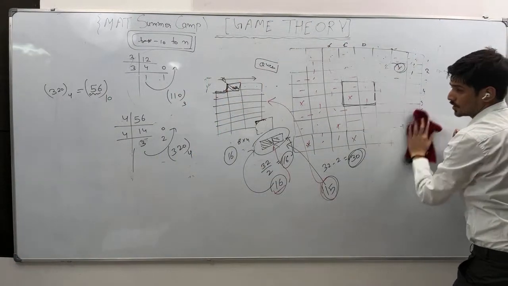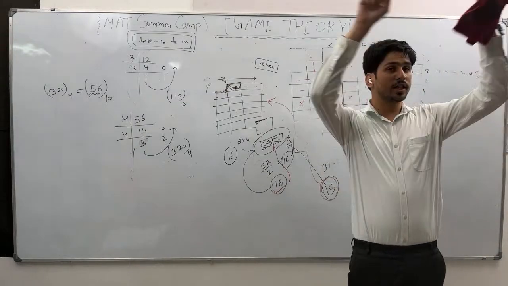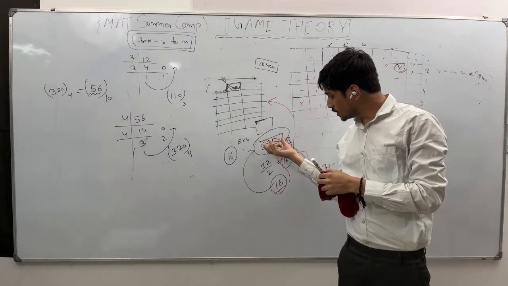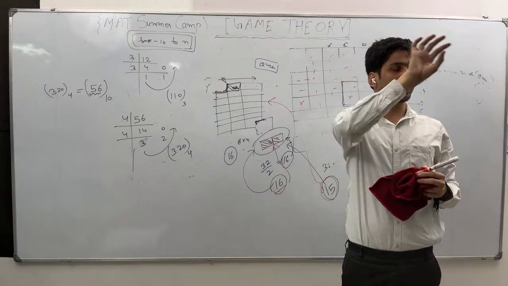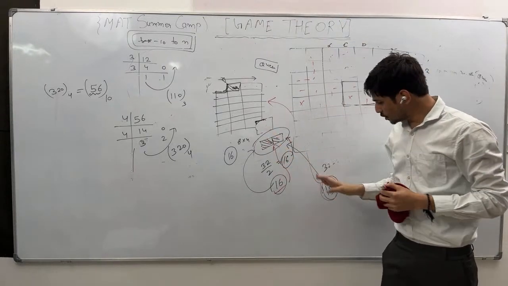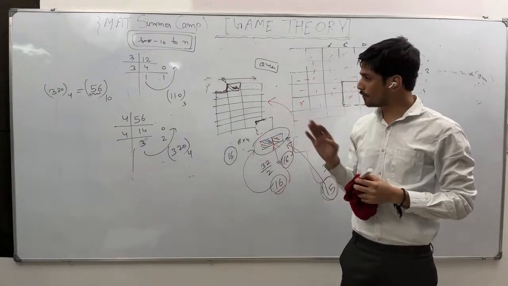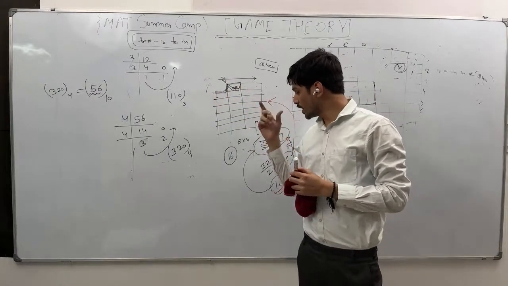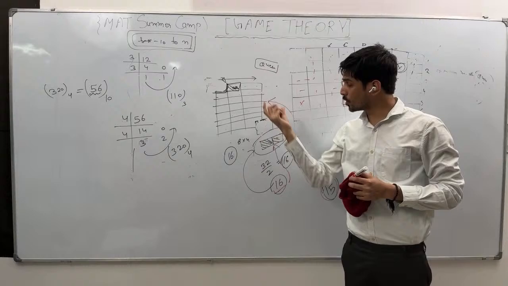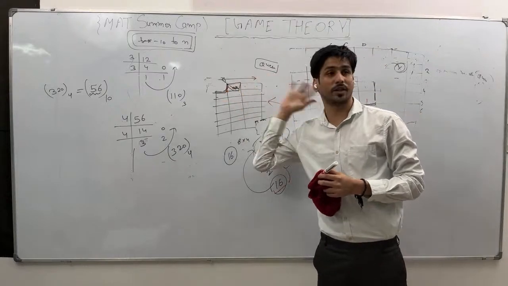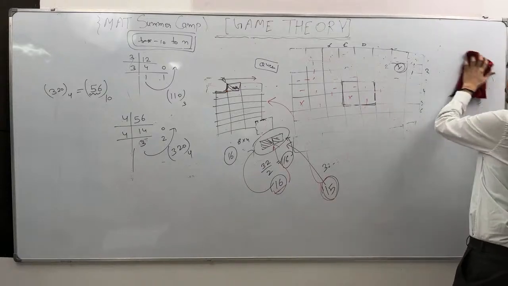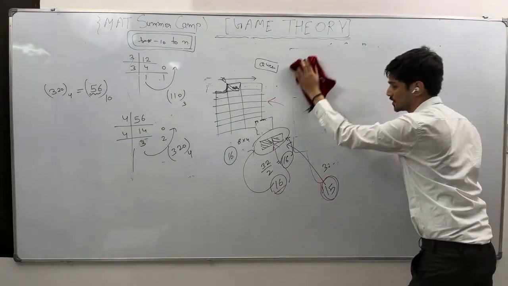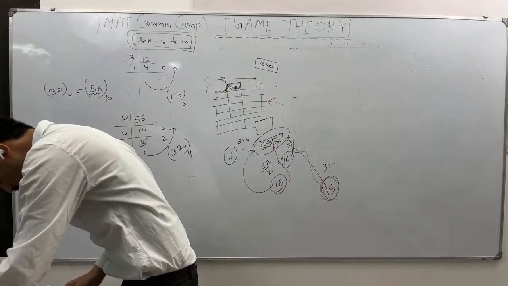Are you able to understand my question? The question is that there's a 32-square grid in which I have this structure, and this structure requires two conjugate squares because one is black and one is white. If you divide 32 by 2, it means 16 such structures I can put here. Then I'm removing these two corner squares. So after removing these two squares, can I put 15 such structures, or can I fit 16 such structures into that? That's the question. Logic. If yes, then how? If no, how come?